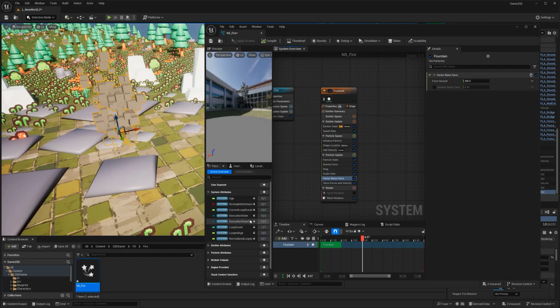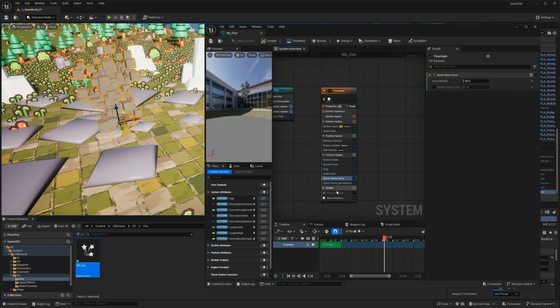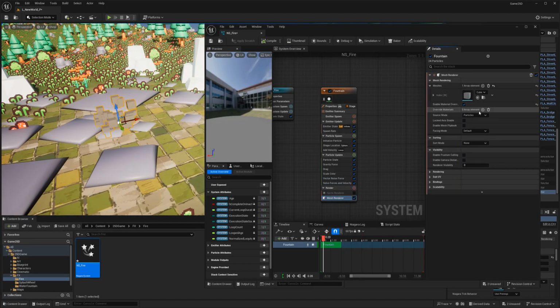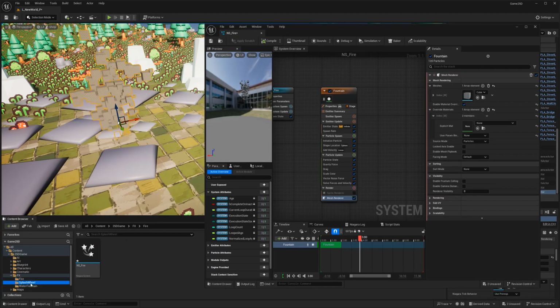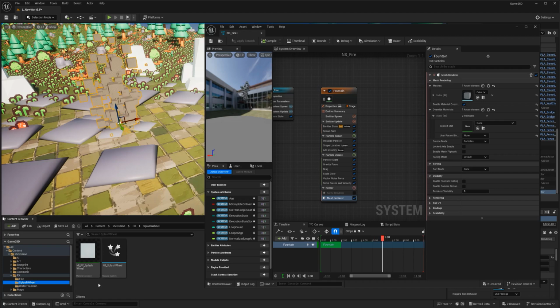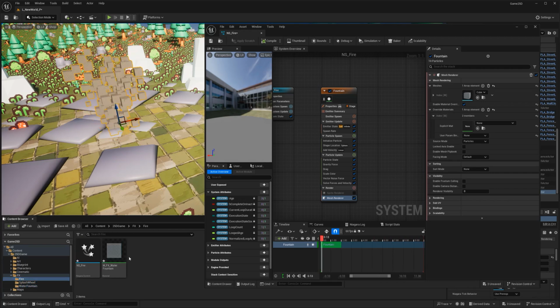But the main fire is this, and for that, I'm going to go to the mesh renderer, enable material override, and add a material override. For this one, let's add a new material altogether, a material instance. So I'm going to go to our fountain, copy this, put it here. I'm going to rename this to fire.